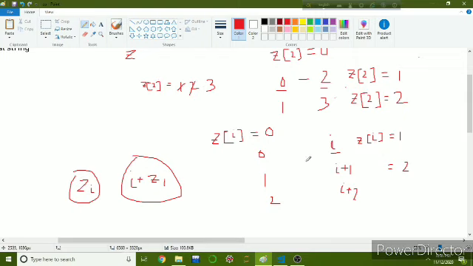We can see it from these values here. And if the zith character is matched with the I plus zith character, then we will simply increment the zi.